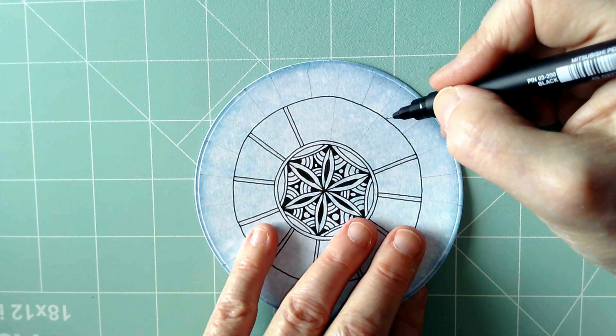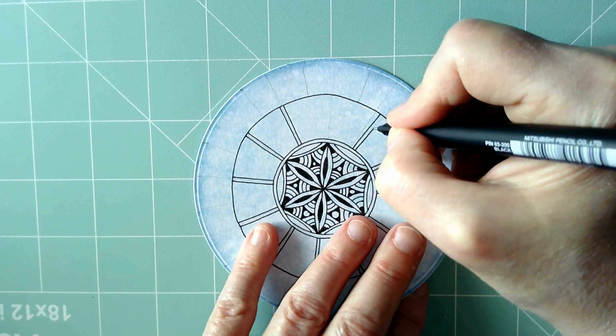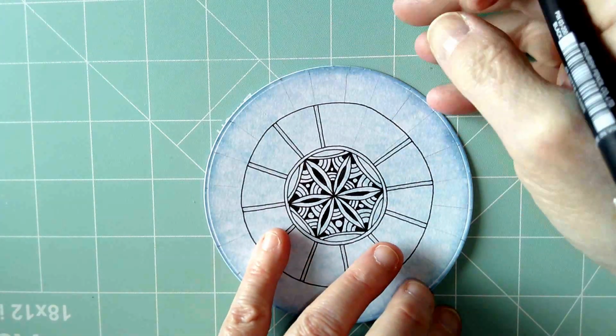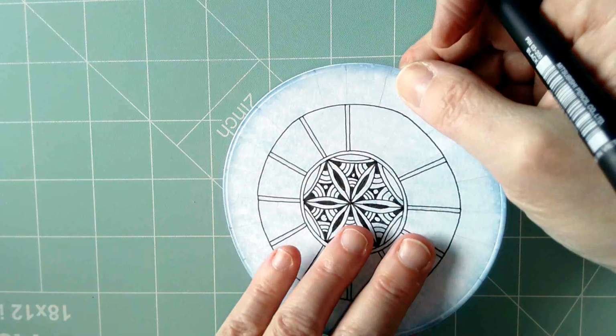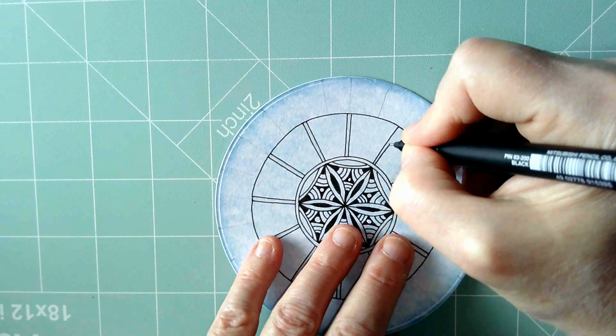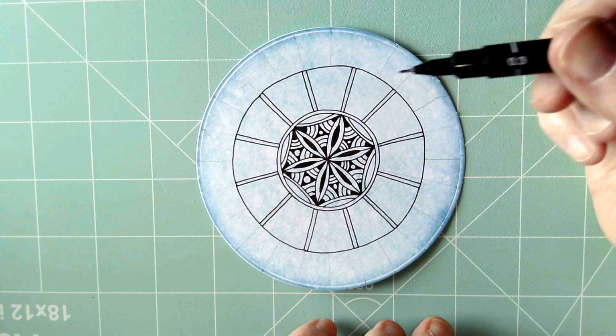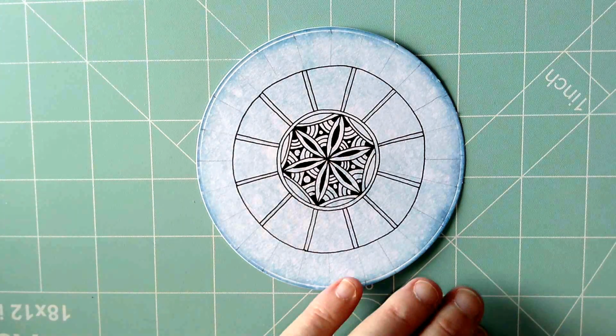Now this isn't right in the centre, so I'm going to adjust this here, just to make these pieces a bit more even in size. It's not critical. So I've got these. You can see they're not all exactly the same. Now,